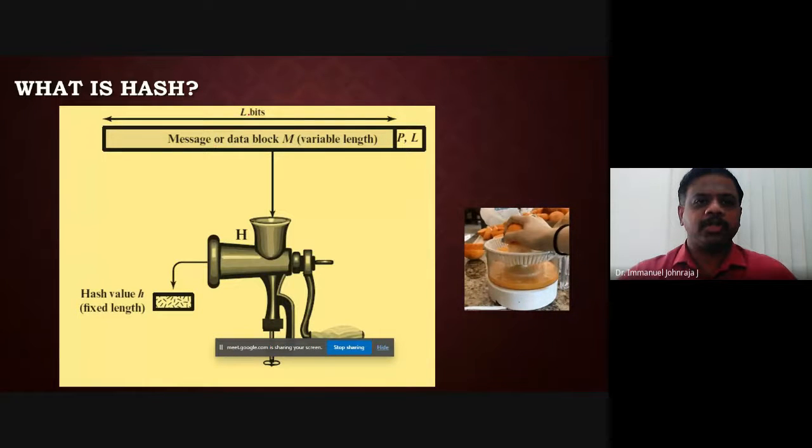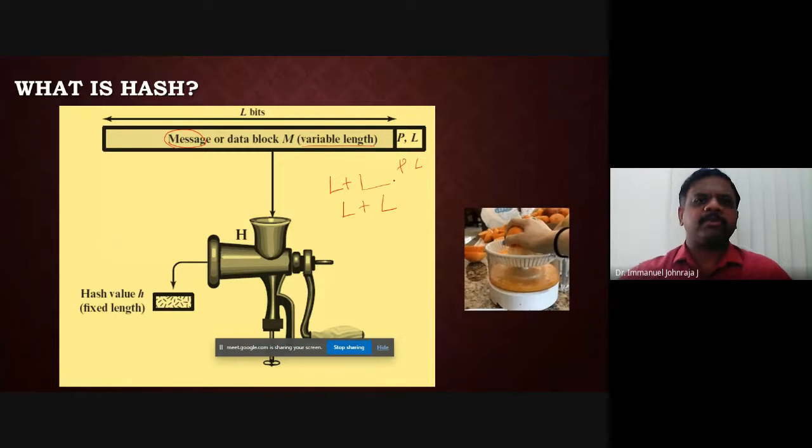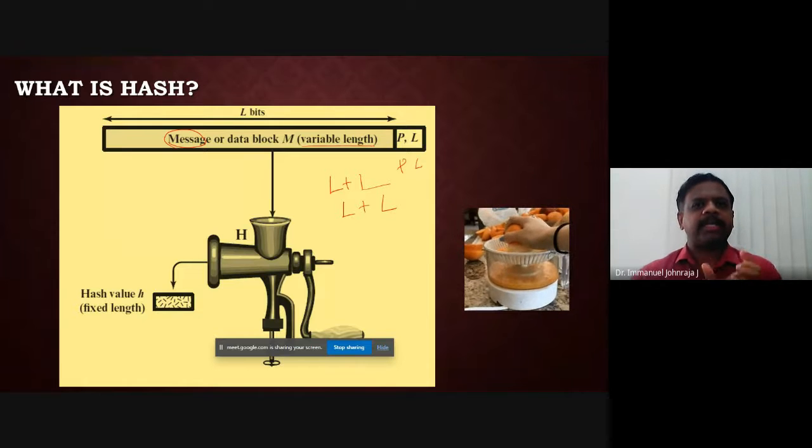Now you have your original message M. Message M could be of any length, so it can take variable-length input. Then you pad it. P stands for padding, and length to get the actual length. Generally your input could be any size, and it is padded to a specific length of L bits. Suppose your input is L plus 1 bits, then you will be creating two L's. All the remaining bits will be padded so that you get a fixed length as the input. That is given to the hash function.